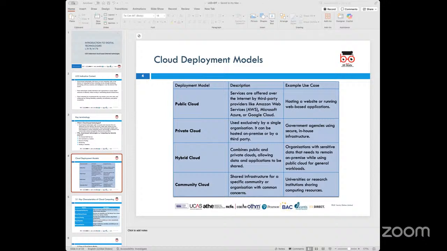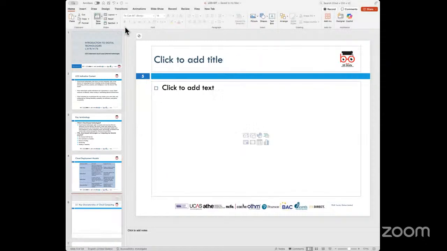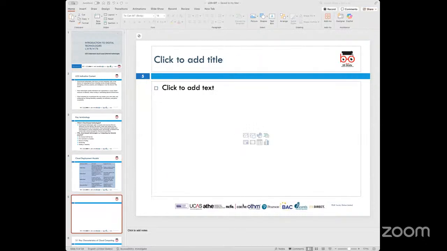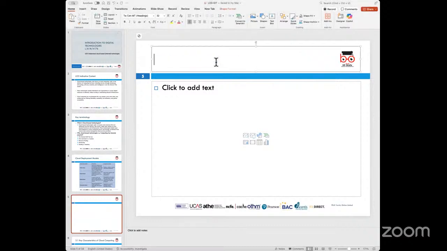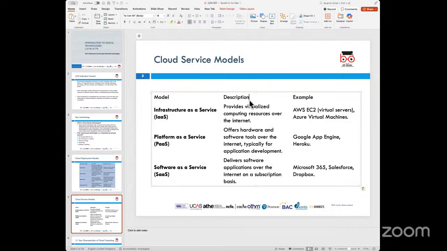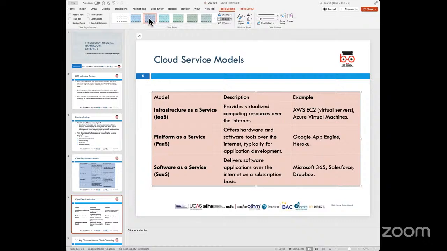So in such cases, this would be termed as what is called community cloud. Now, over the years, one of the things which I would also suggest that you need to be aware of is what are the different types of service models which are available when we talk about cloud. Because obviously at some stage, all of this is commercialized. And when we look at these models, we also want to understand what is the revenue model available, or the ways in which companies can actually make money.